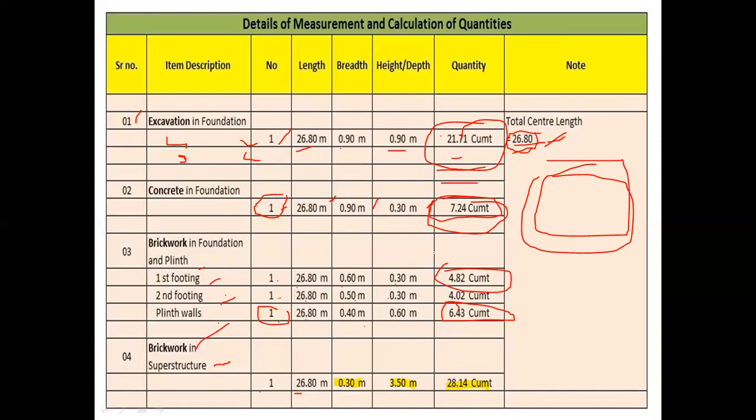Next, this is only quantities calculation. Sometimes the question paper asks for the rate of the building, and then the table form is different: serial number, item number, quantity, unit, rate, remarks and total amount. That table form is used for the amount estimation. This was only quantities calculation. If the problem asks for calculation of quantities and amount, both tables are used. If only quantities are asked, we use this table.